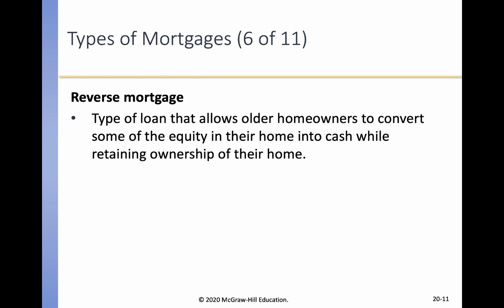There's also a reverse mortgage. These are used usually by older homeowners, and they are used to sometimes fund their retirement. So it allows older homeowners to convert some of the equity in their home into cash while they retain ownership of their home. So it's, like it says, a mortgage in reverse. A lot of times older homeowners might own their home outright with no debt, and so they will execute a reverse mortgage in which a company will pay them money over a period of time. Usually they're allowed to stay in their home till they pass away. And then once they pass away, their home goes to that mortgage company.